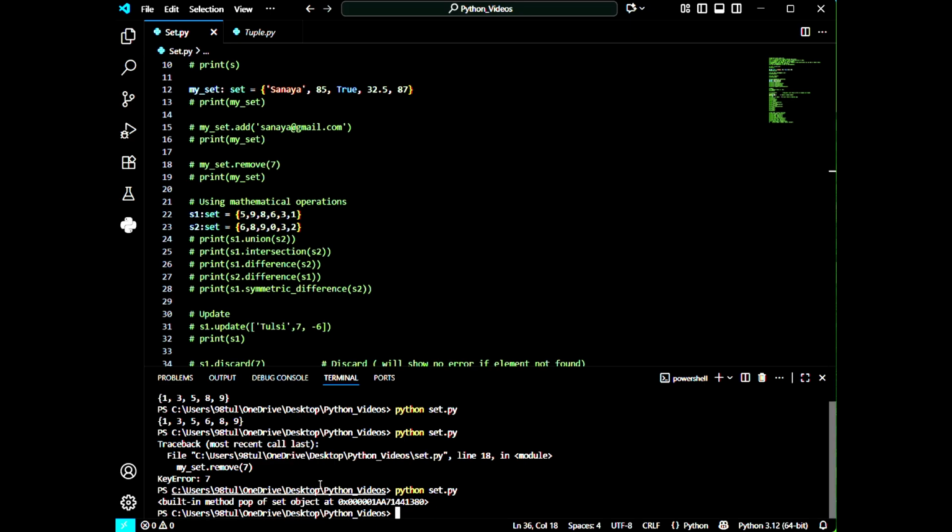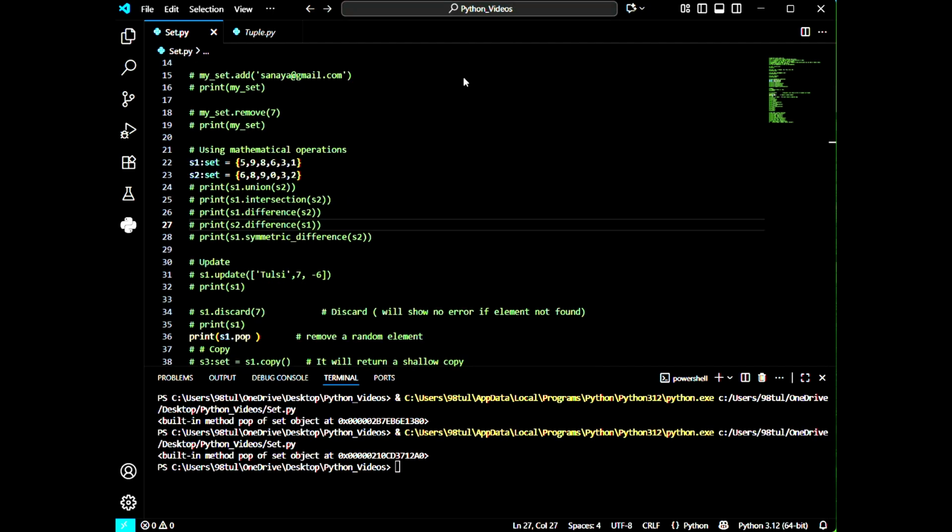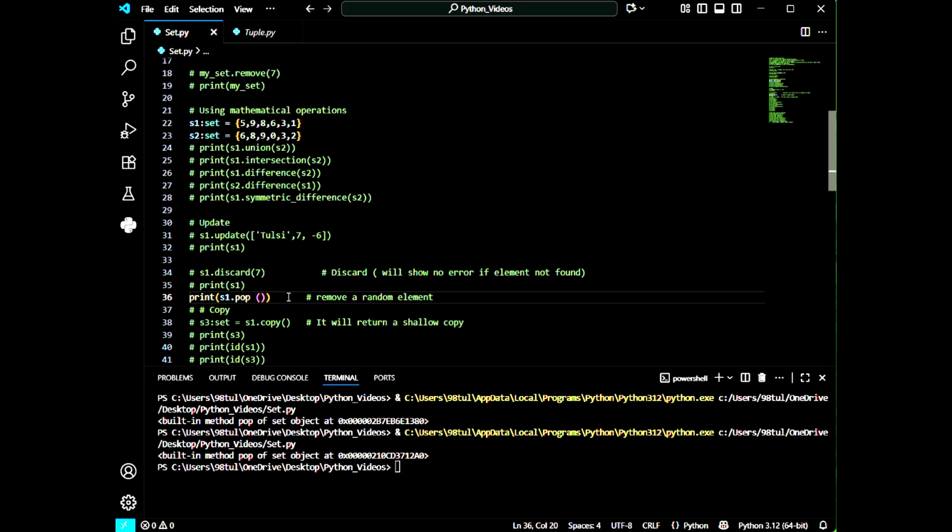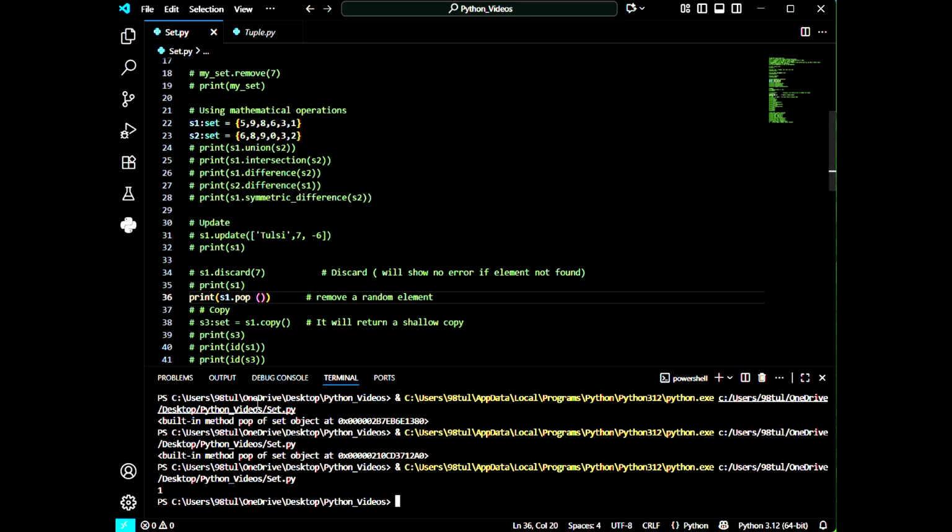Okay, it is giving me some built-in method pop of set object instead of giving the output, because we didn't mention the parentheses here. So now let's check. Okay, now it is giving me the output as 1.